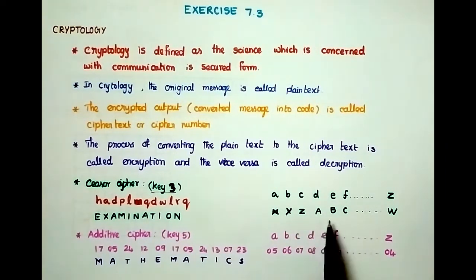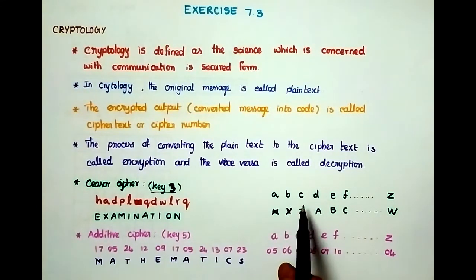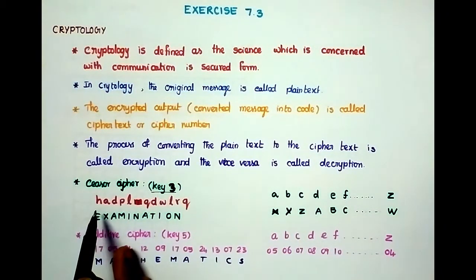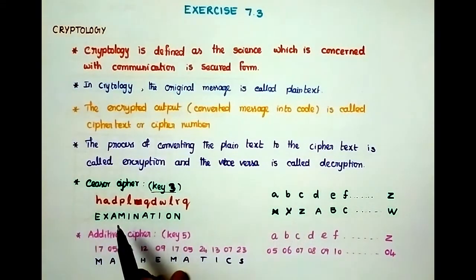ABCD, like that. A belongs to X, B belongs to Y, C belongs to Z. Listen to the word AH: H means E, A means X, D means A. So we get the word in the code, that is examination.